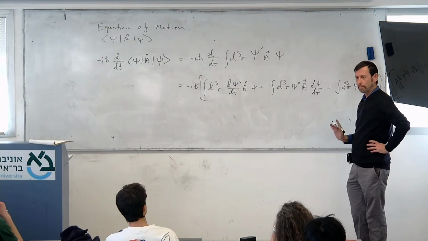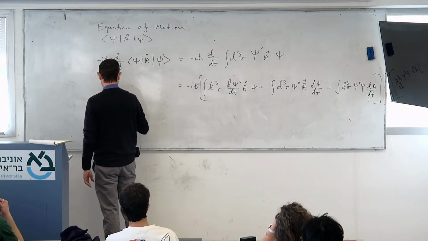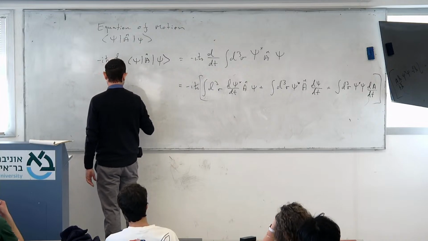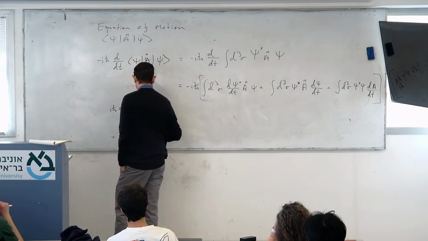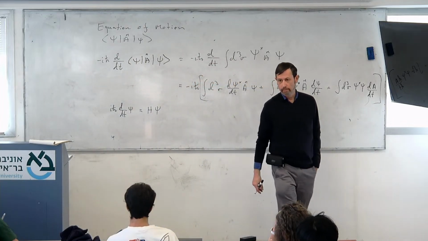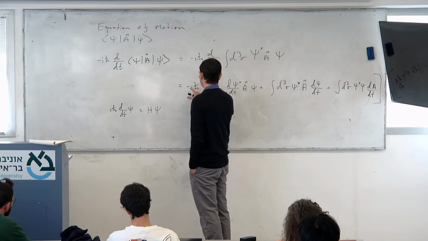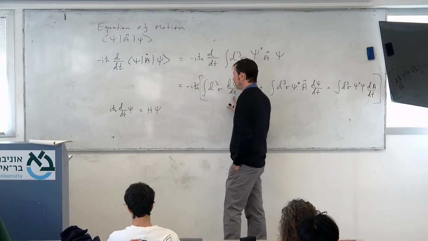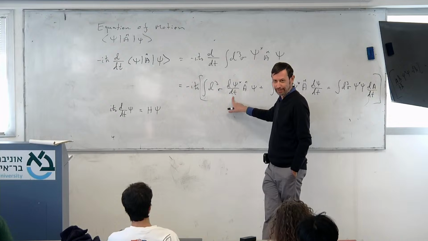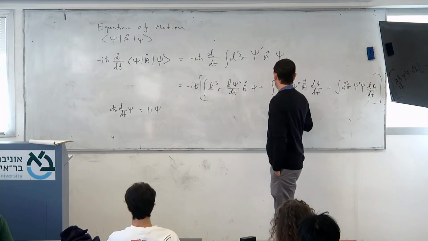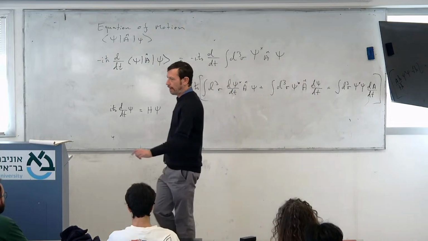That's the general Schrödinger equation, not only the stationary one. So I can replace minus i h bar d by dt with H dagger, but it doesn't matter. H dagger is H. I can replace this again by the Schrödinger equation, and I end up with